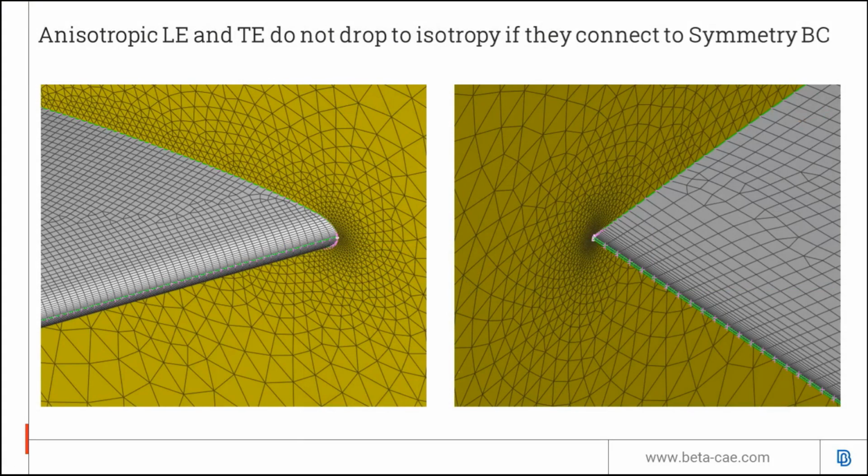Another enhancement in anisotropic mesh is this: usually when ANSA generates an anisotropic mesh, at the ends of the features the length drops to isotropic. Specifically, however, for areas where a wing connects to a symmetry type boundary condition, like a flat symmetry plane, for these cases only, ANSA will not drop to isotropic mesh, but the anisotropy will go all the way to the symmetry plane, both in leading and trailing edges.